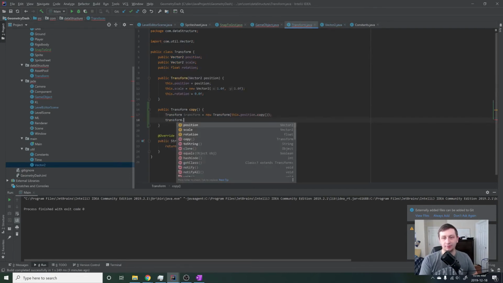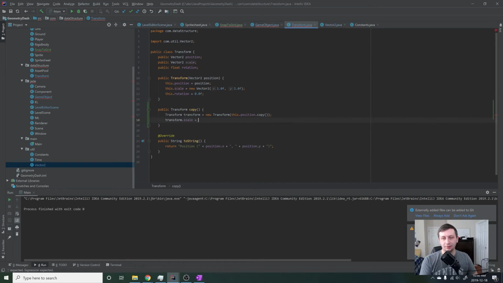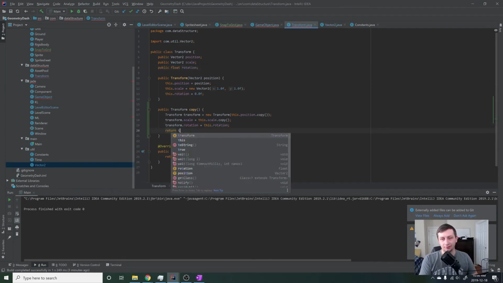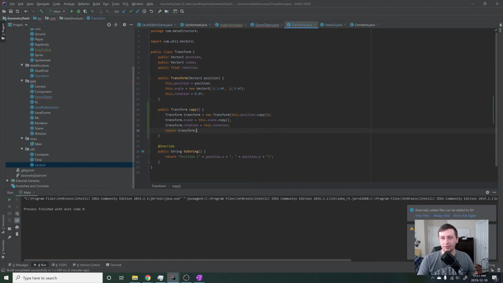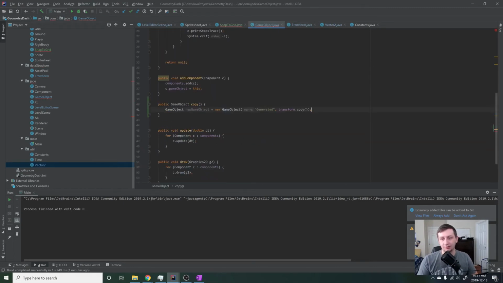Then we'll say transform dot scale equals this dot scale dot copy, and then transform dot rotation equals this dot rotation. The only thing you can say equals with are constant values like this. So classes you cannot just assign, but if you do like floats, integers, booleans, those will just be copied. So those are the only ones you can really do with that. Then we'll say return transform, and then we'll go into GameObject, and so it's copied that GameObject now, or the